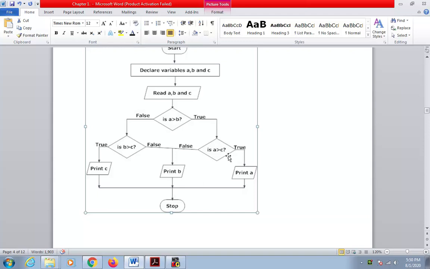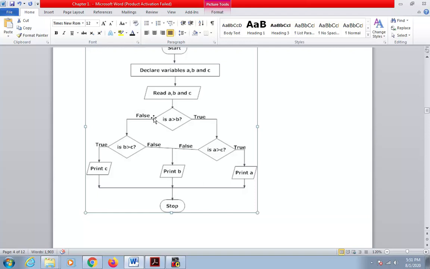First of all we will just see this right ladder. If it is true, and if it is also true, then I will print that a is the largest number, and the last step would be stop. Fine. This left side will not execute if all these statements are true. This left side will execute if, at first, a is not greater than b. It could be possible, this is not sure. If a is 10 and b is 20,